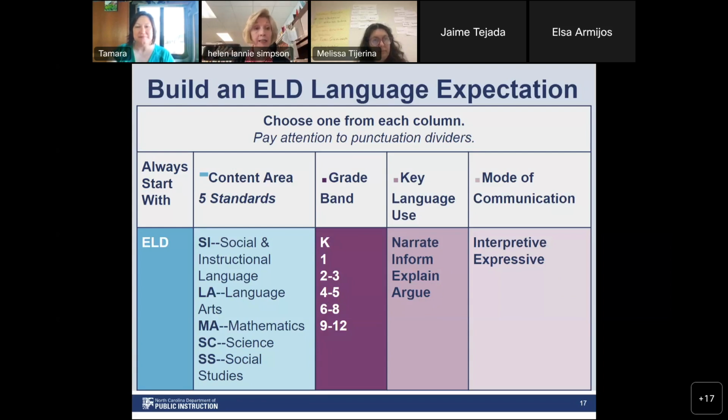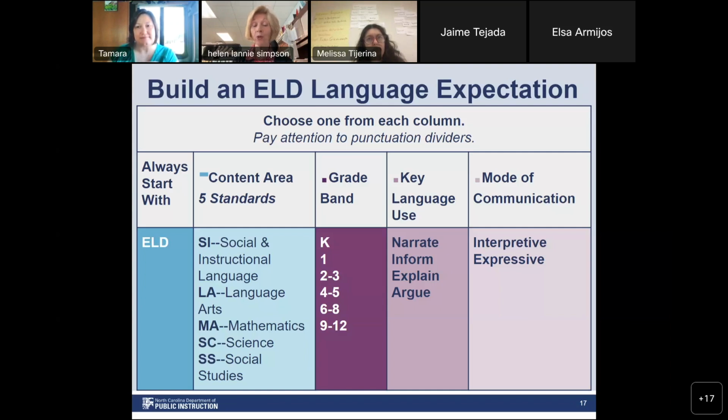And those are the classic 5 standards that we've had around since, what, 2004, I believe it is. 2004. Yeah. So students will communicate information, ideas, and concepts necessary for academic success in the content area of fill in the blank: language arts, math, science, and social studies. And then, as I'm sure many of you are already familiar, there's a dot, and then the grade band is next. WIDA with ACCESS delineates the grade bands in this fashion.